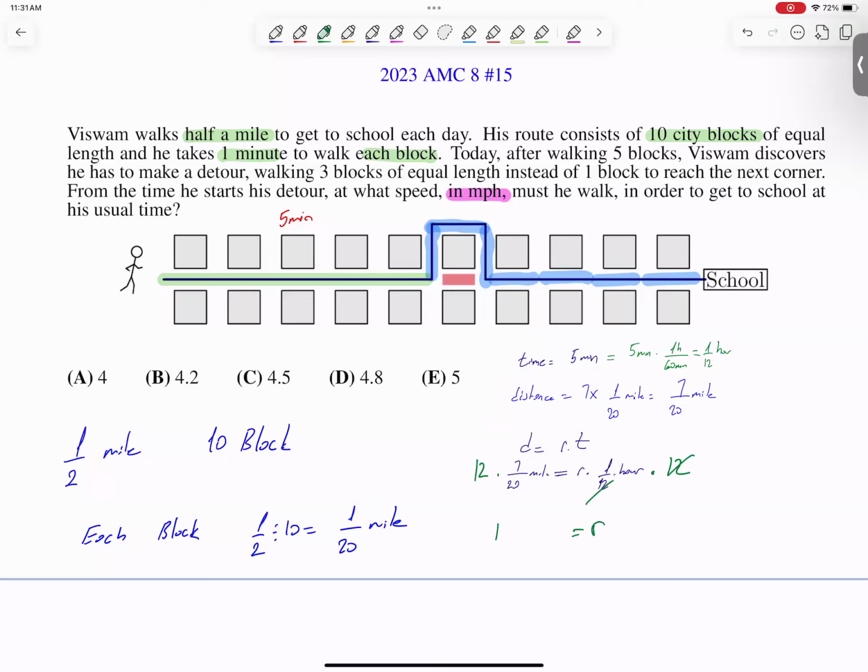Rate is equal to 12 times 7 divided by 20. And dividing by 10 is easier. Let's divide by 2, which is 6, divide by 2, which is 10. Then the rate is equal to 6 times 7 is 42. 42 divided by 10, which is 4.2 miles per hour is the answer, which is option